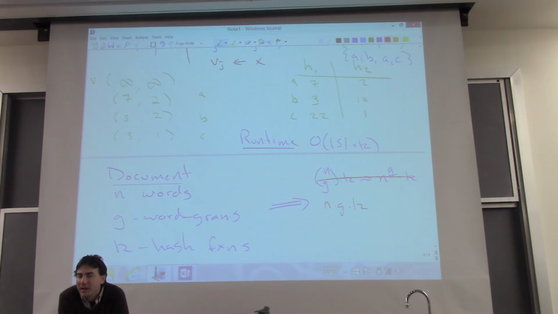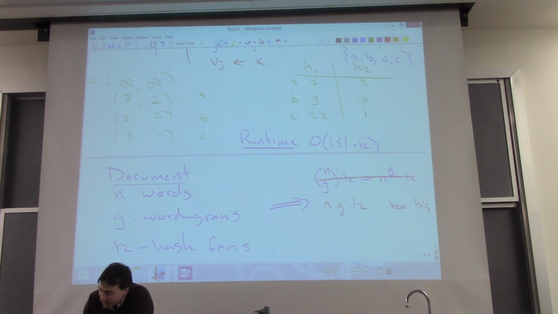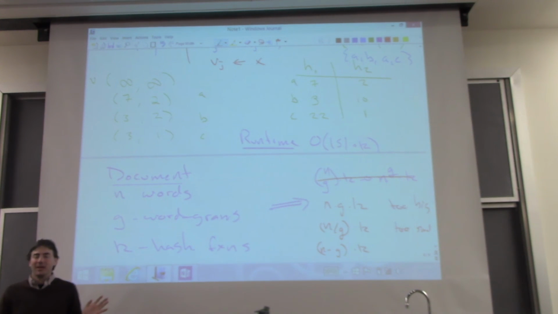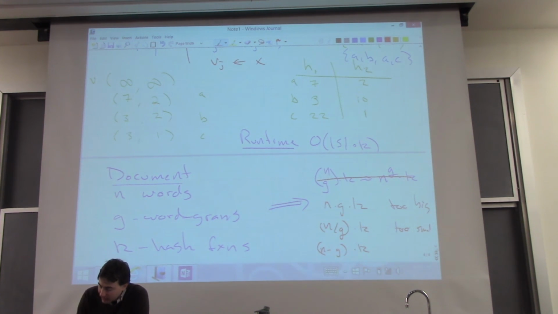What about n divided by G? That's going to be too small. Okay, this is too big, and n divided by G times K, this is too small. Okay, it's going to be n minus G times K, or you can just ignore the G. Actually, the G doesn't really play, because if I look at a document,